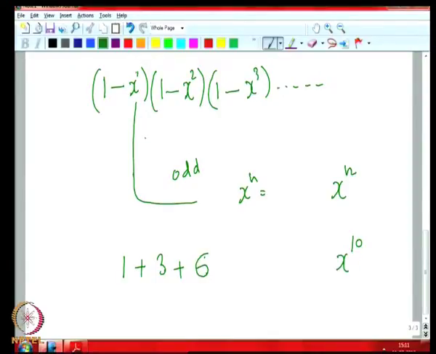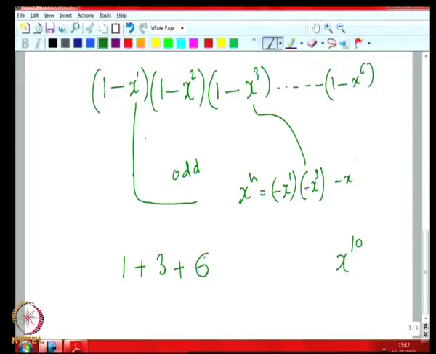So x raised to 1 will come from this, but that is minus x raised to 1. Then from this thing x raised to 3 will come, minus x raised to 3, and from 1 minus x raised to 6, this minus x raised to 6 will come, right. So together this is n equal to 10, okay. But then there are 3 terms, this is minus 1 raised to 3 into